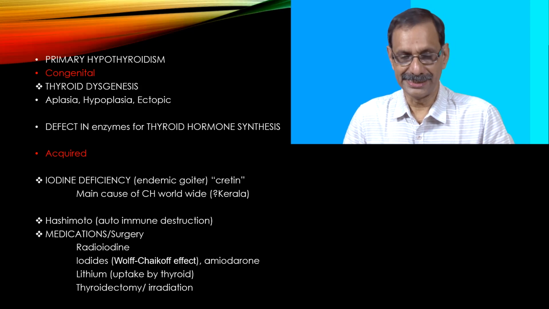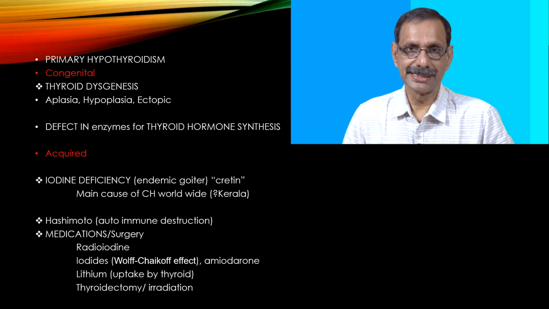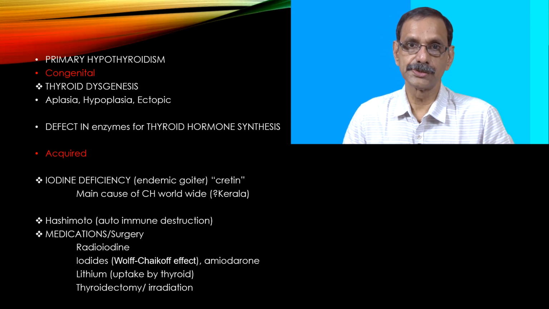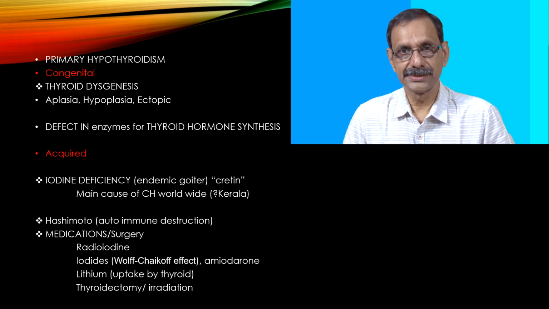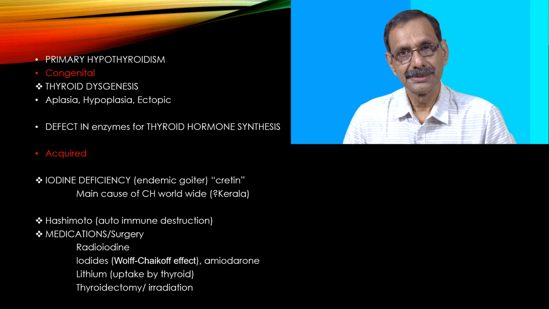But this is very, very rare. So if it is congenital primary hypothyroidism, we can take it for granted that it is due to a dysplastic or dysgenetic gland, which means there is no goiter. And since maternal thyroxine gets transferred to the fetus transplacentally, T4 gets transferred, the baby will not have any features of hypothyroidism. So the only way to detect newborn hypothyroidism would be routine newborn screening for hypothyroidism.